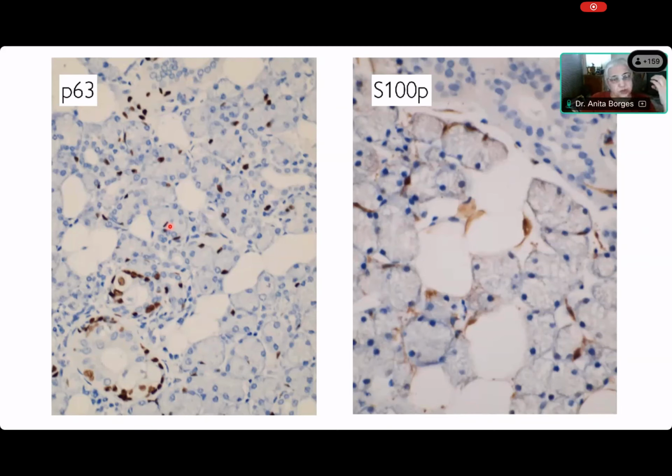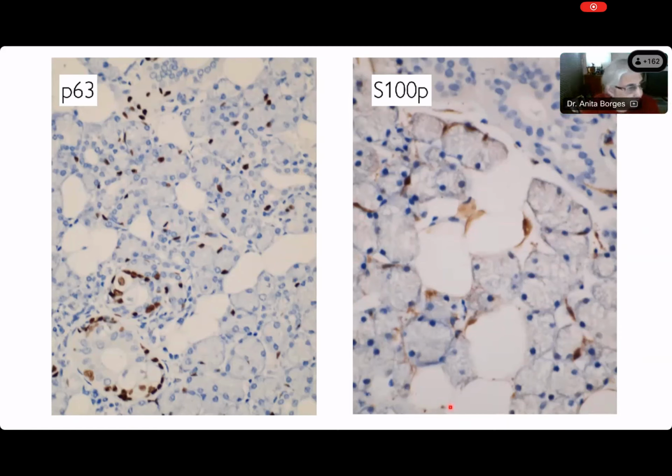So where do we use P63 to look for basal cells, not myoepithelial cells, on a day-to-day basis? Do you know? And we are looking for loss of P63. Akshara? We look for myoepithelial cells in breast, ma'am. Very good, Akshara. Yes, we do. But I'm asking you about basal cells. Myoepithelial cells express P63, and everybody believes that P63 is a marker of myoepithelial cells. And I am emphasizing that they are not only markers. So when I see P63, it doesn't mean that it is a myoepithelial cell. So I'm asking about basal cells, Akshara. What about basal cells?